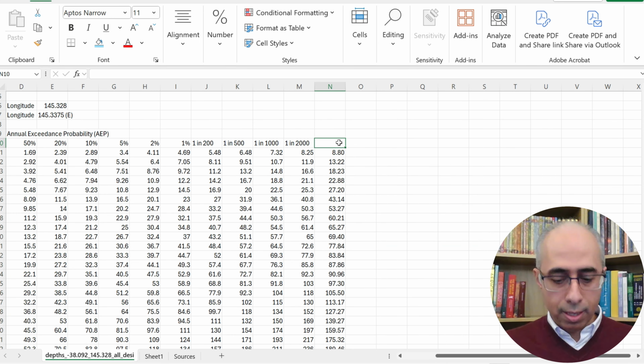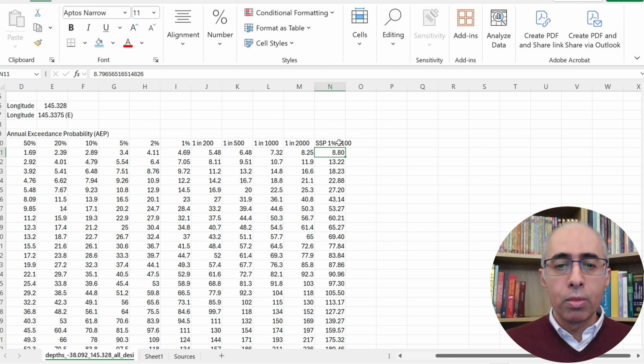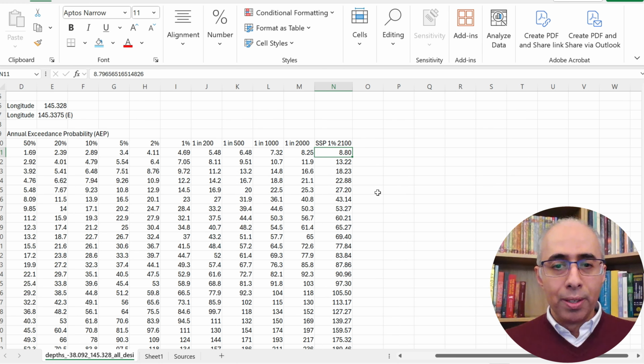And this is the SSP5 1% 2100. So that's the projection that we have. So how does it look? If you compare, you can see that basically for the short duration events, the values that I have for SSP5,